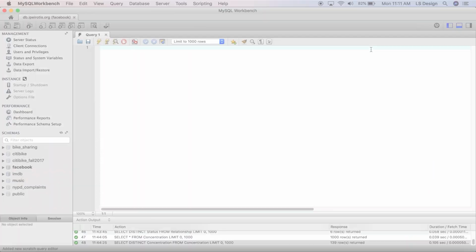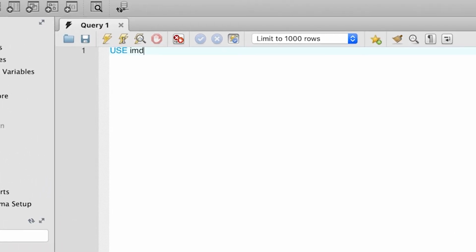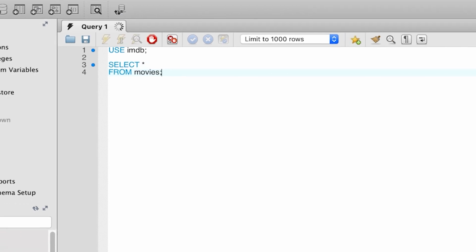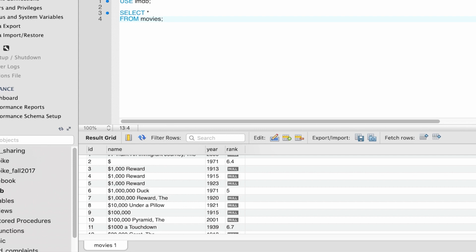Now, let's try to do a few example queries with order by. Let's say that we want to get the list of the top 10 ranked movies with the highest ratings in the database. Let's execute this query. The information is in the movies table in IMDb. So let's go to the IMDb database, use IMDb. Then we type select star from movies to get back all the movies. Of course, this is not ordered.